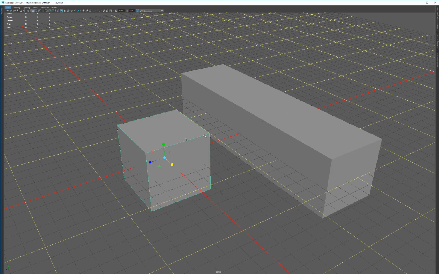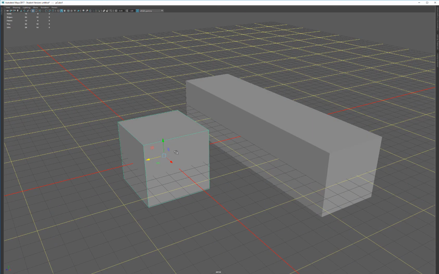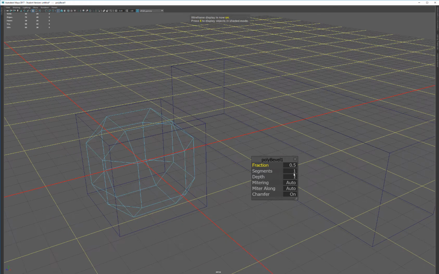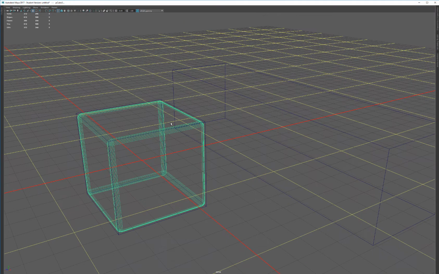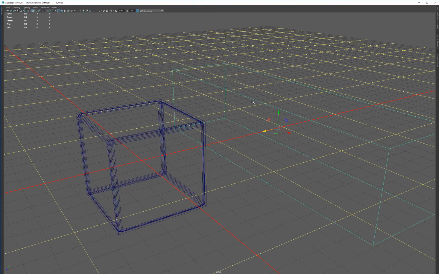play with. So we obviously want a high poly variant to do our bakes from, so I'm just going to press Ctrl D in this instance, and we can see now I've got a duplicate copy of that. You can obviously use Ctrl V or Shift in Max to create a secondary copy. So with my secondary one, I'm just going to bevel the edges. To bevel those edges, I'll just go to wireframe, try and get an understanding of what's going on. Just whack the number of segments up. That will do. So there is my high poly for my first object, and for the second one I'll do